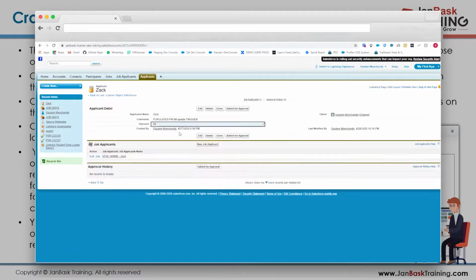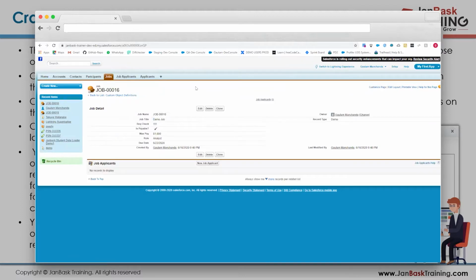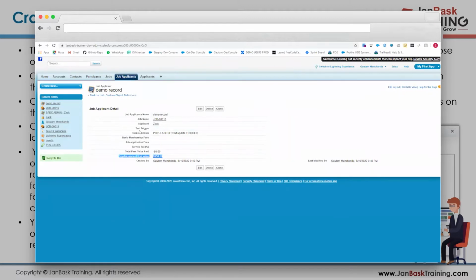Zach is the applicant who gets a discount of $50. The job opening that he has applied for is job number 16. So if I go over here, the maximum payment that can be taken is 1000 USD. So the payable amount becomes 1000 minus the discount. The discount is $50. So $950 comes over here automatically.